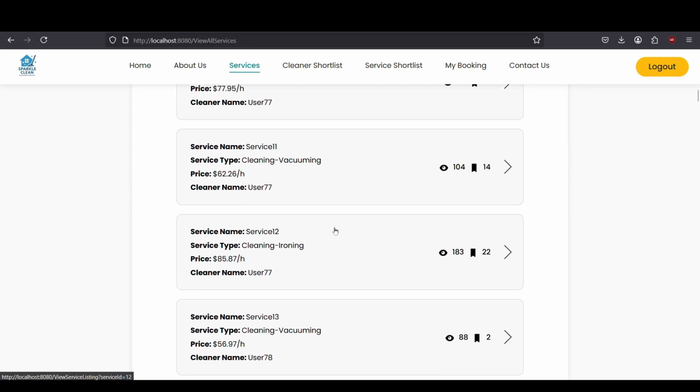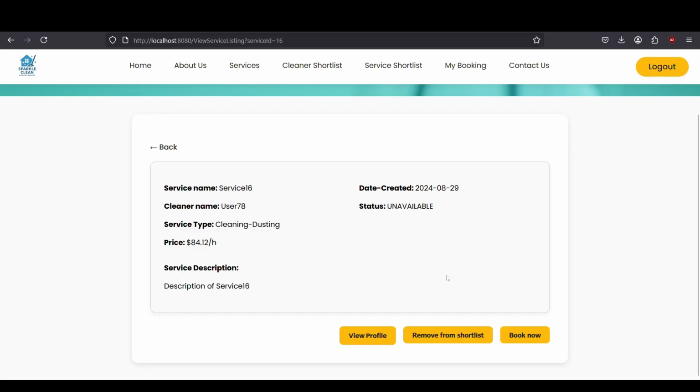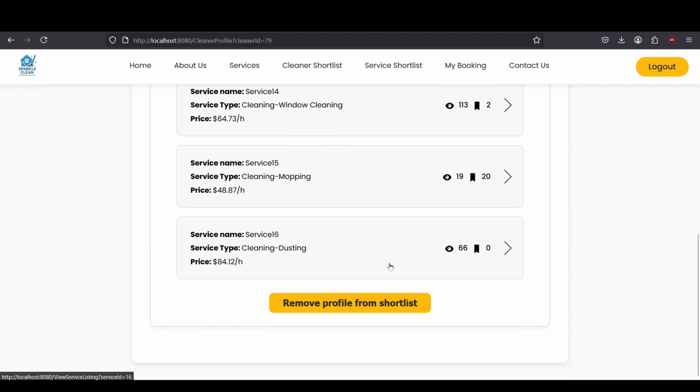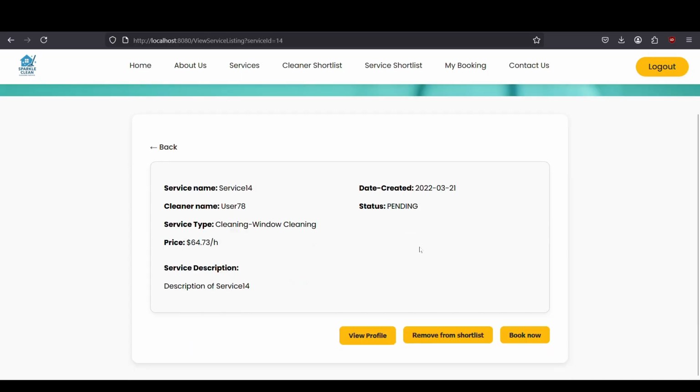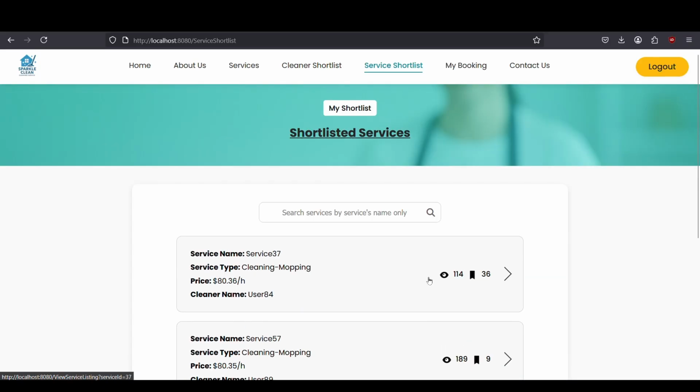So next, we want to find a listing that we have not shortlisted. So for example, service 16, we can view the profile of the person and go to another shortlist and remove it, right? And next we'll be going through